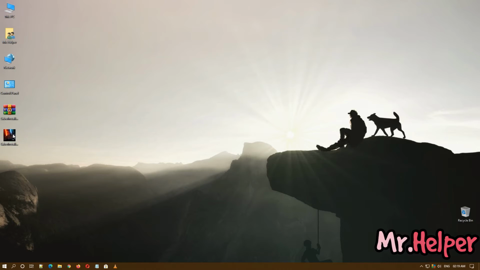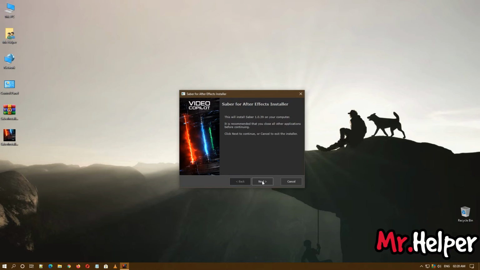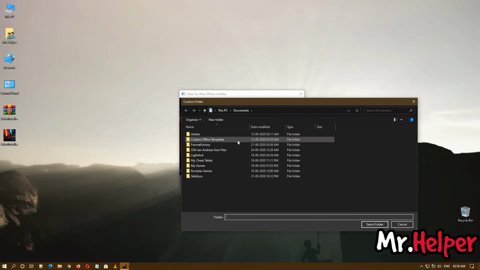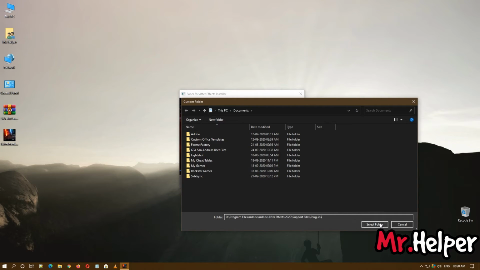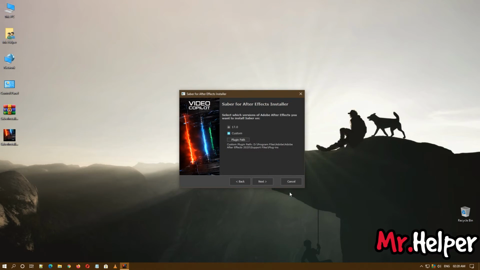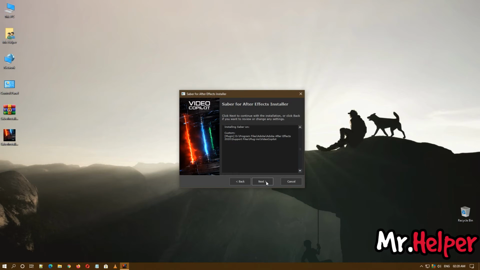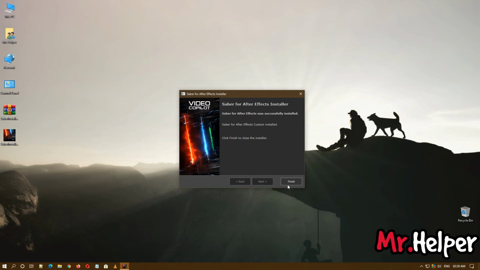Now double click on the installer. Click on next. Click on custom and uncheck this one and click on plugin path. Now right click and click on paste and click on select folder. Now click on next. Click on next and click on finish.